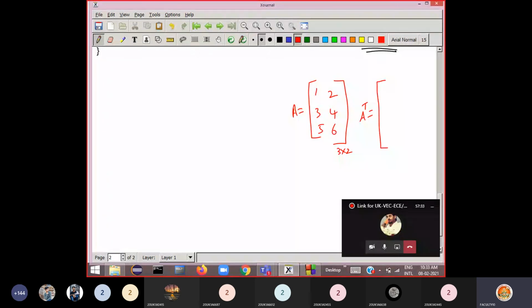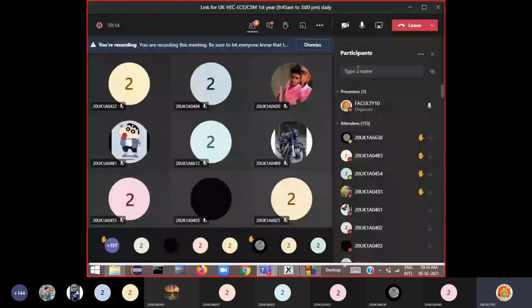Okay, so then A transpose how I can get A transpose matrix? Okay, so that means rows columns will be interchanged. Okay, so that means 1, 2, 3. Now column wise it is there. Now it will be written as row wise 1, 3, 5, and this will become 2, 4, 6. Okay, so what is the order of this transposed matrix? 2 by 3. Okay, so here each row will become a column here. Each row will become a column here. Okay, so 5, 6 become a column here. Clear?